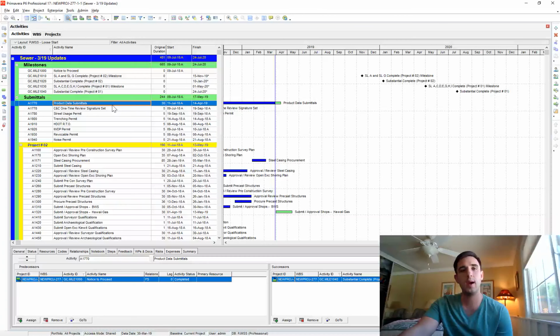So today I'm going to show you how to filter in P6 for activities that have made progress from the